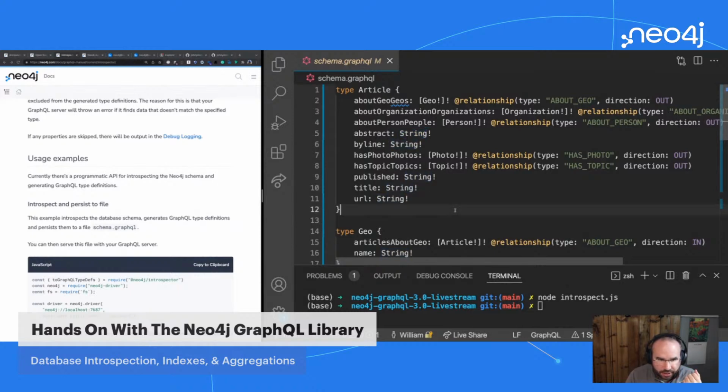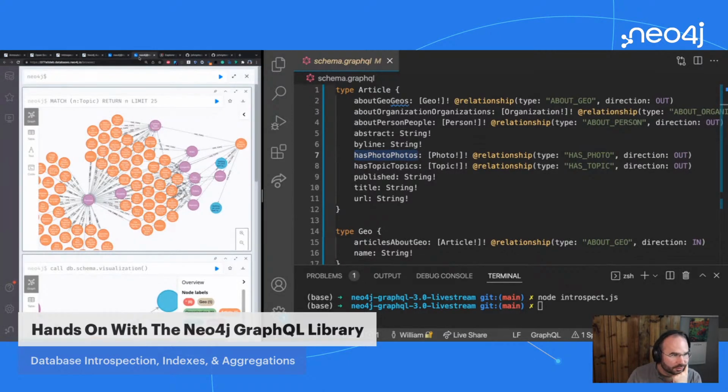Looks like we have a lot of string properties, maybe not so many numeric properties here. And then for the relationship fields, you can see there's kind of a convention here for naming the field. So we use the camel case version of the relationship type. So if we look at our data model